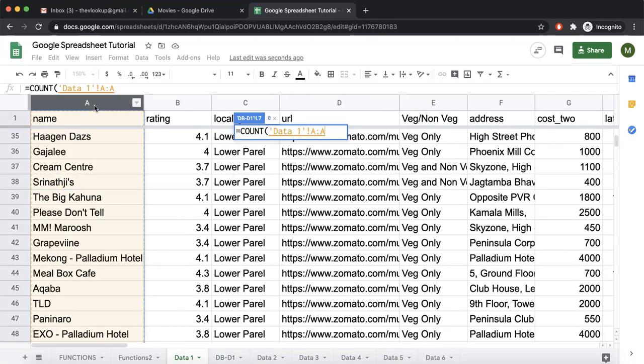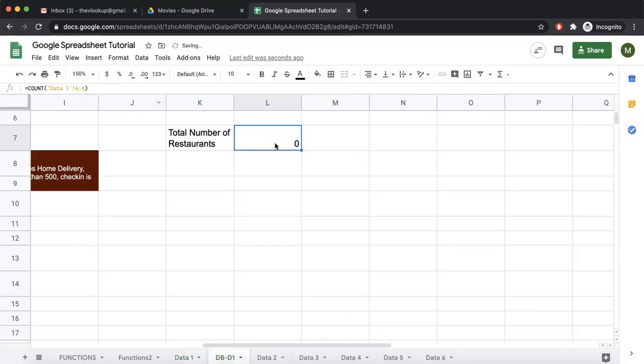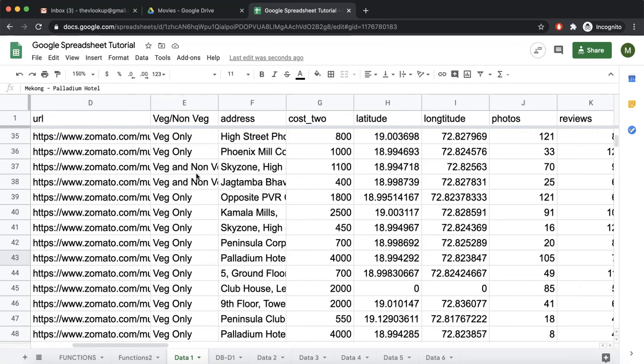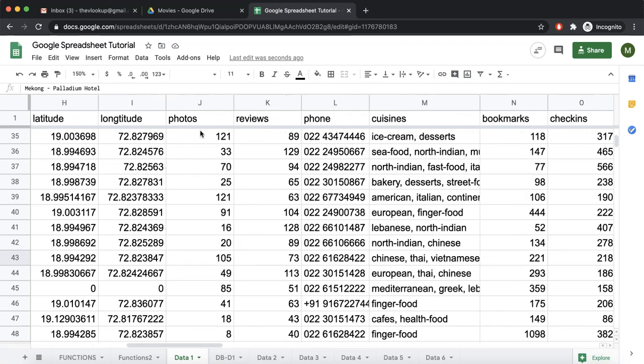If we select column A, it is returning 0 because count only counts the numbers. It doesn't count the string. But in this case, all of these are strings. Let us say what it gives if we say count of, for example, we want to know how many of the restaurants have photos in it.